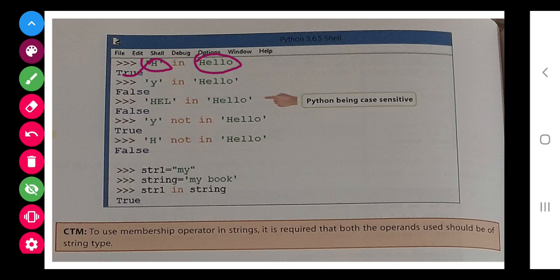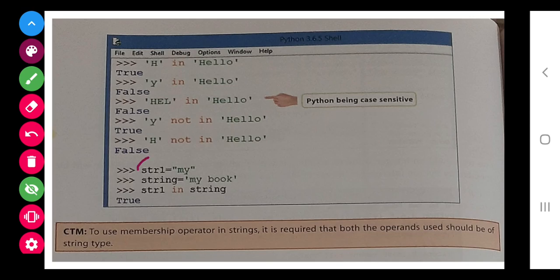It is true. Y in hello, y is not there in hello, so it is false. Similarly, hell in hello is coming false because HEL in hello is given in small letters. H is capital, E and L are small letters. So that's why it is coming false. Same as the other parts.